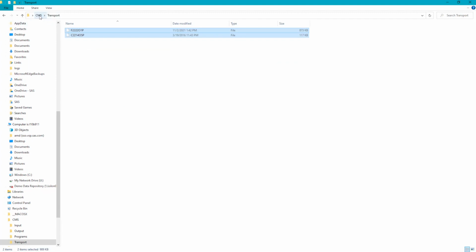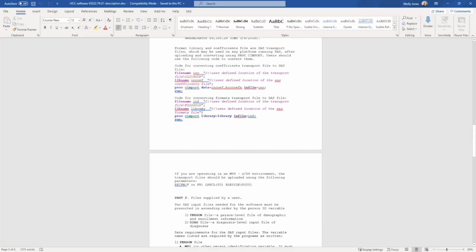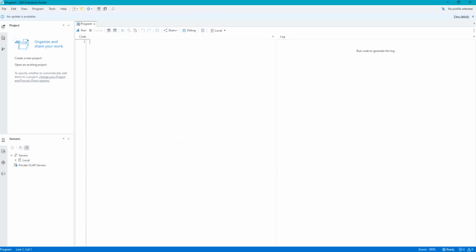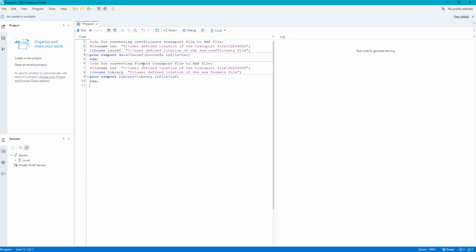And rather than simply changing the file extension as we did with the programs, these 2 files require a conversion using SAS code. Within the software description document, you'll find this code to convert these transport files into their usable formats. I'll grab this code and launch SAS to update and run the conversion code.